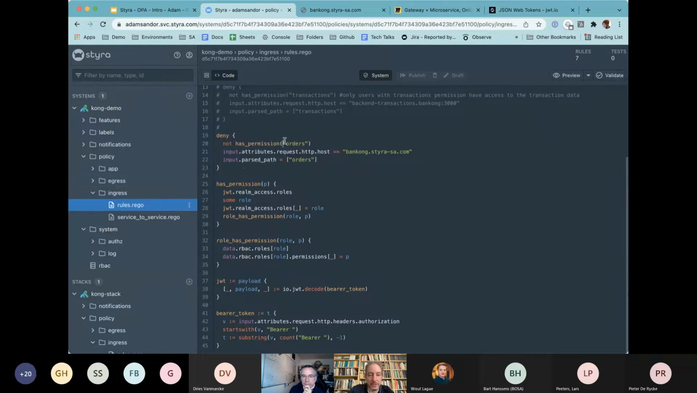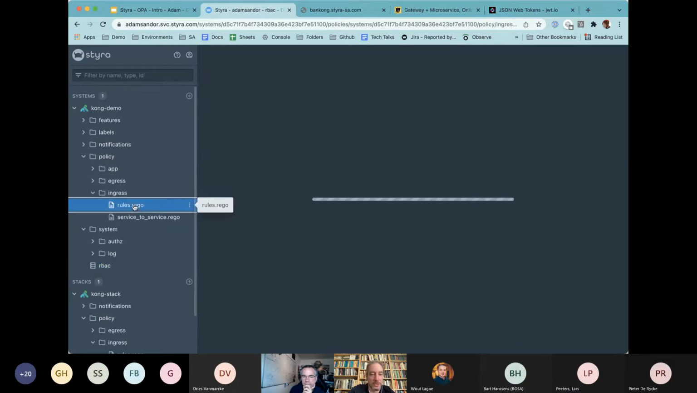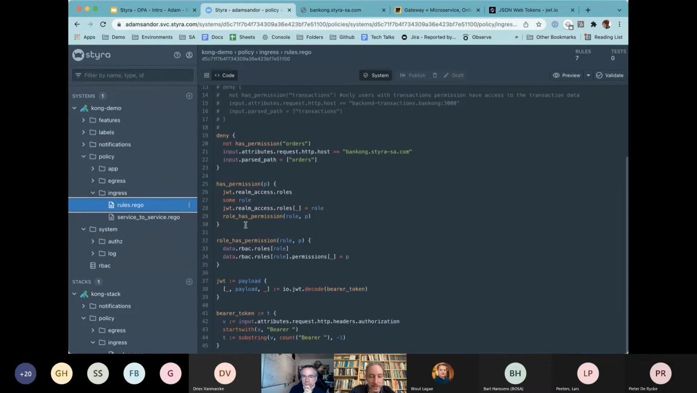And what does has permission do? Has permission actually verifies the RBAC data. I have a piece of RBAC data here that says we have different roles. The account owner role actually has the profile permission. So in my case, the account owner only has the profile permission. It doesn't have the orders permission. So this piece of Rego code here, has permission,